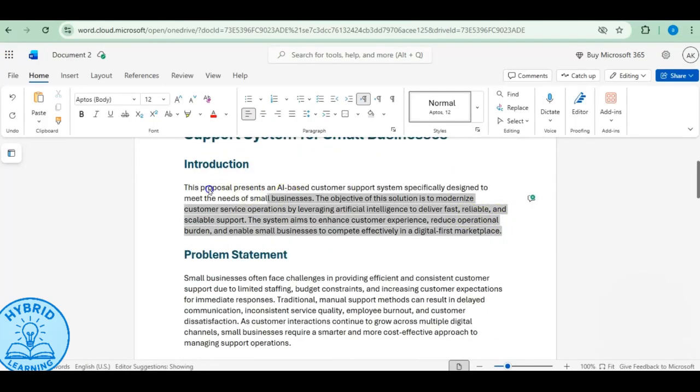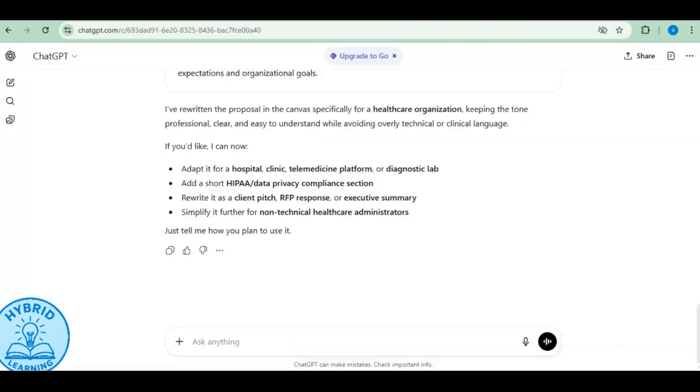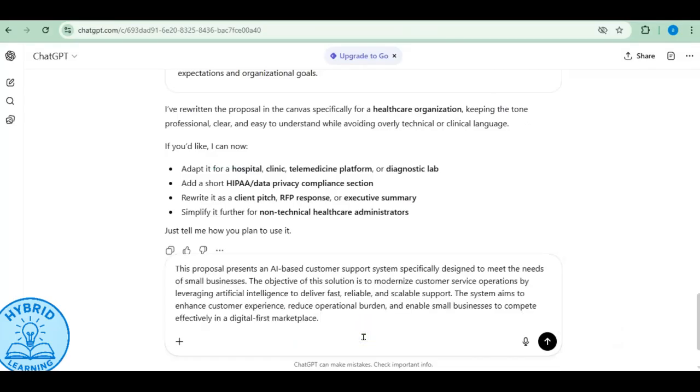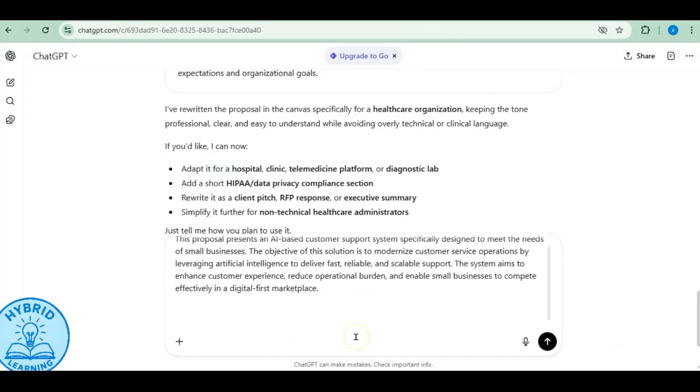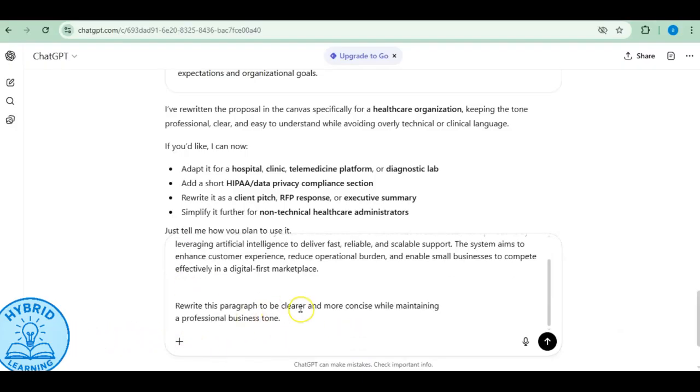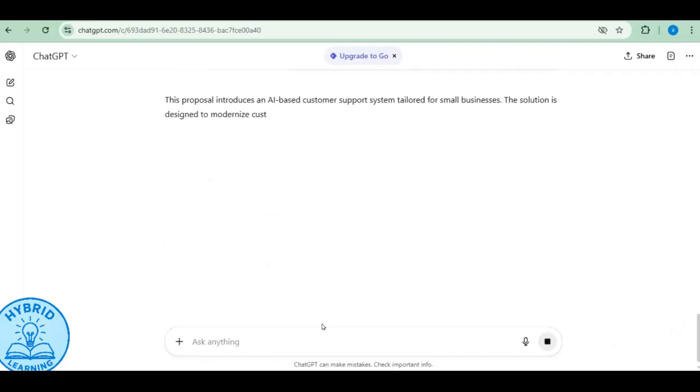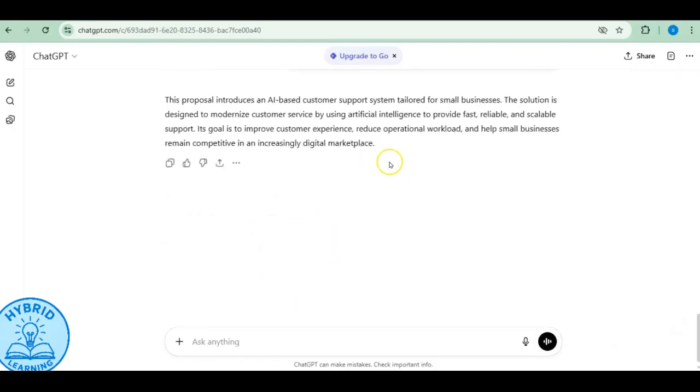So let's copy the first paragraph and go to our GPT. And this time I'm going to paste this paragraph, and along with it I'm going to write a prompt that says, rewrite this paragraph to be clearer and more concise while maintaining a professional business tone. I've asked GPT to rewrite this paragraph with a clearer and more concise tone while keeping a professional business touch. So when I run this prompt, you notice how the meaning stays the same, but the wording becomes much